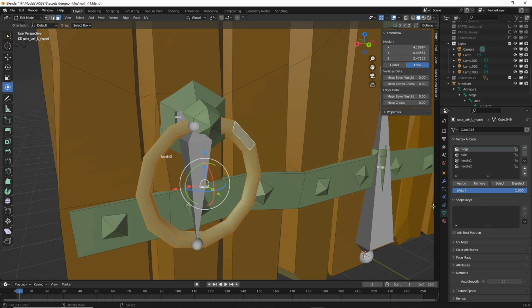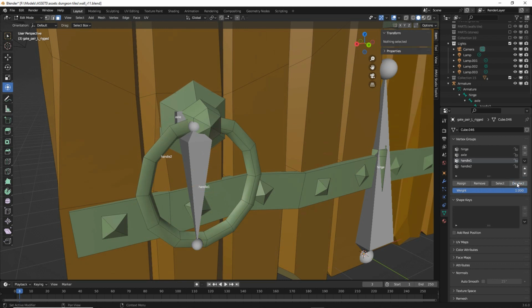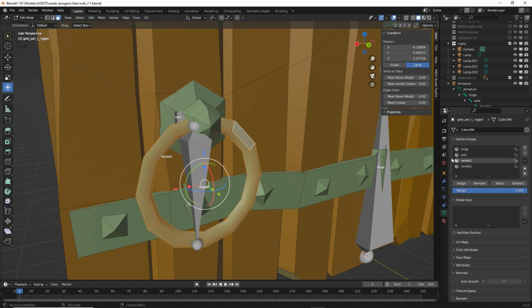object data, make sure we select the corresponding vertex group, assign, deselect, select, deselect. And we need to be careful here because we assigned everything to hinge, so hinge still has control over this section of the mesh. So what we can do here is select handle, select hinge, and then remove,